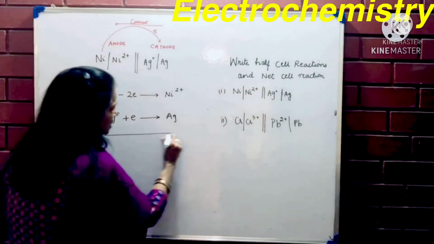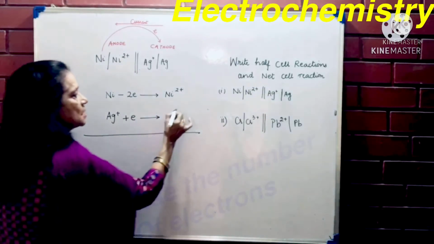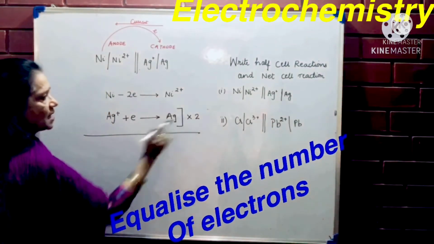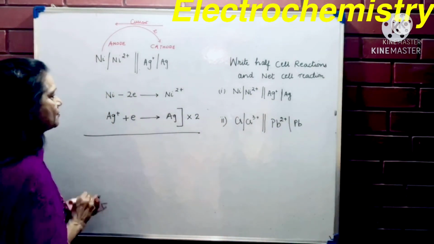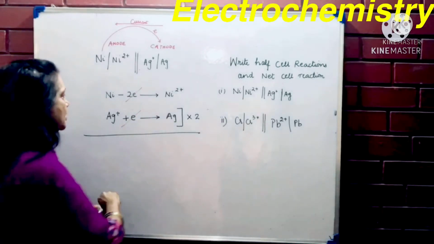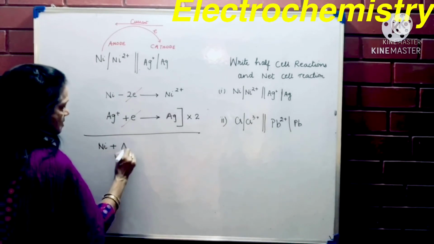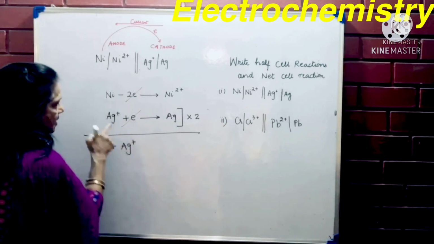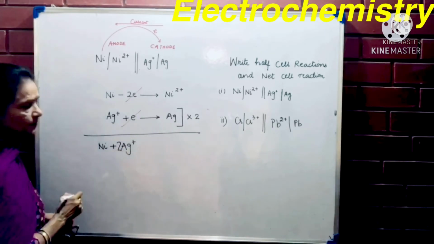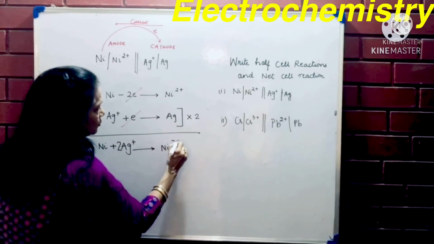Now to write a net cell reaction, I have to equalize the number of electrons. So I'll multiply this one by 2. So if I multiply this by 2, then minus 2 electrons and plus 2 electrons get cancelled. And I'll say it is nickel plus Ag plus ions, this is Ag plus, multiplied by 2 means this is 2 Ag plus ions, gives nickel 2 plus